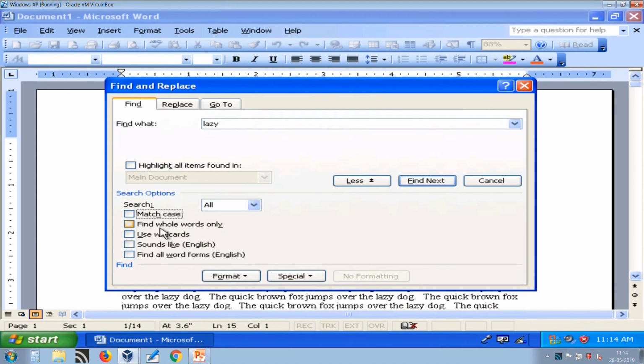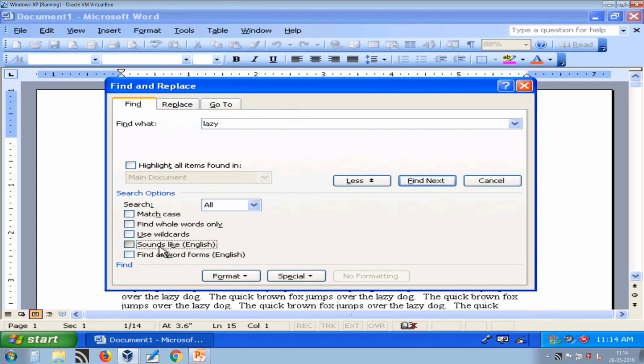Here it indicates that we want to find whole words only, that means if the exact word is lazy then we need to find it. Then we can use wildcards, that means whether a particular word begins with some word or not,